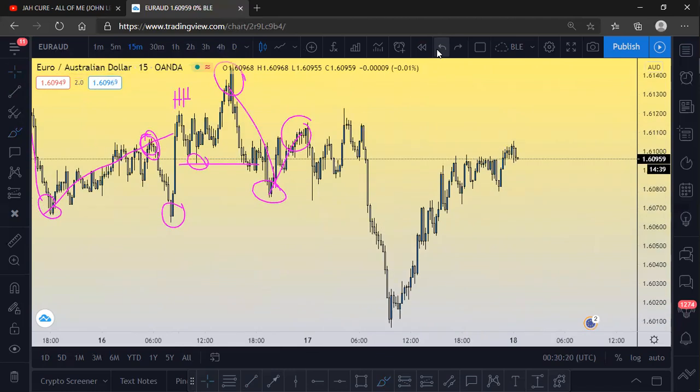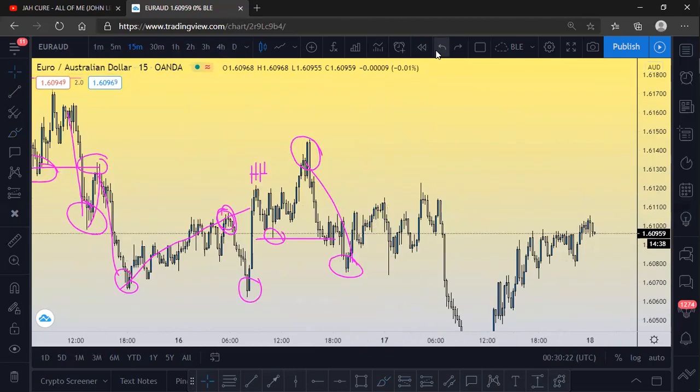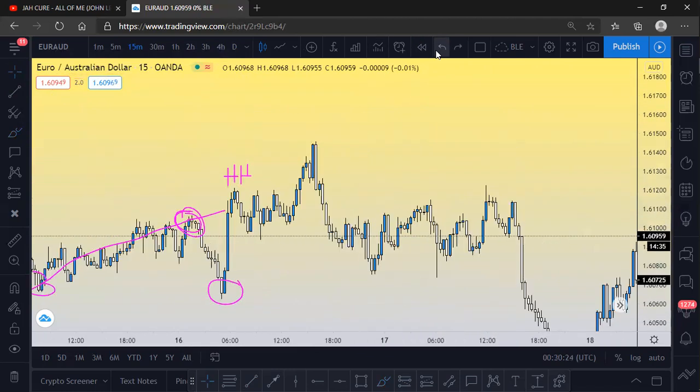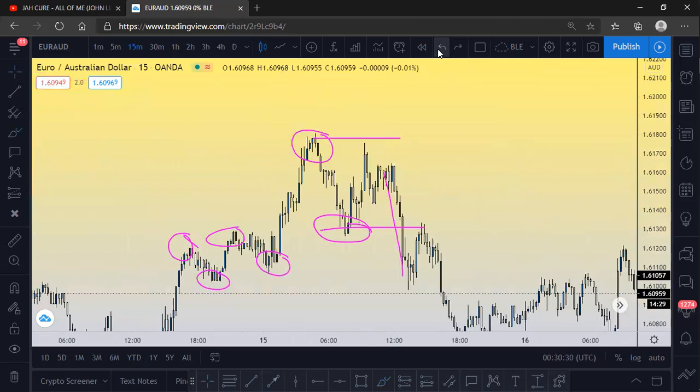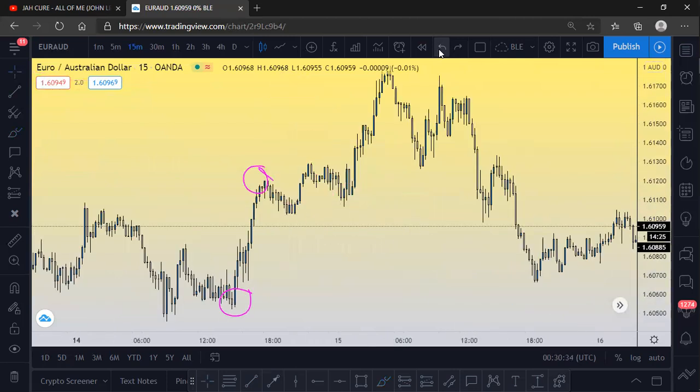But like I said, it is not going to be picture perfect like the charts I drew for you on how we started first. You can see how I just drew it, everything was picture perfect. On the real chart, it's not going to be like that. It's going to be choppy and everything. But you just have to identify the areas of break of structure, and with constant practice, you'll be able to see it and understand.